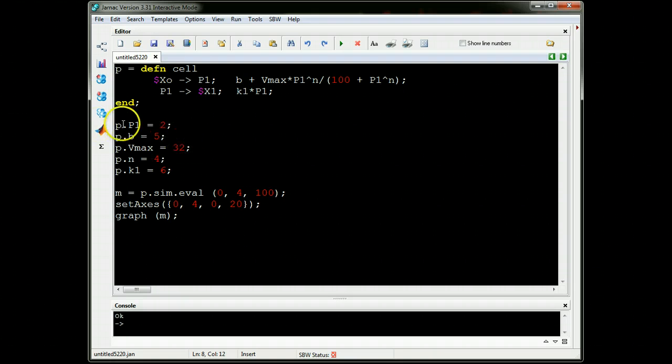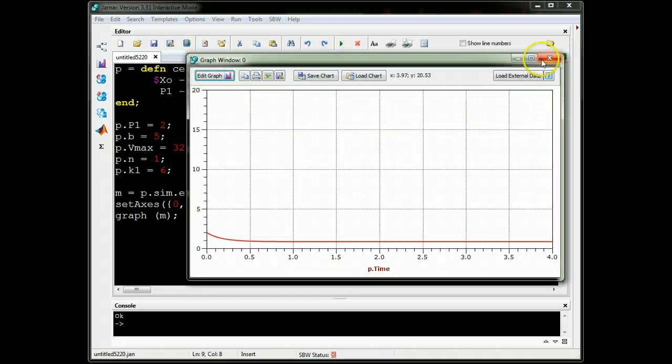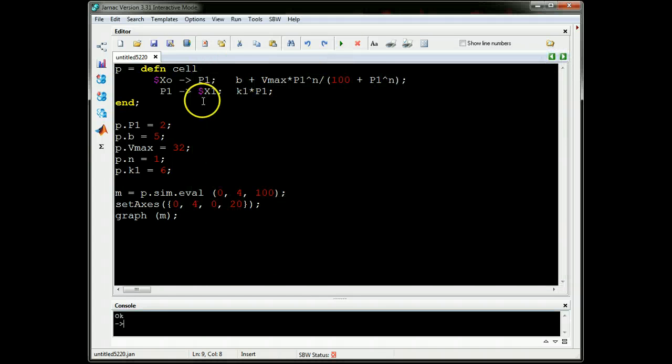So if you recall, this is the model that we had that showed bistability, and these are the parameter values I had that gave us some bistability. So what I'm going to do is change the Hill coefficient so it's probably not bistable. I'm going to run that, gives me that curve, and then I'm going to start up a new tool